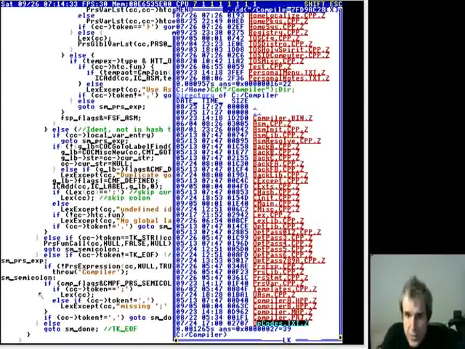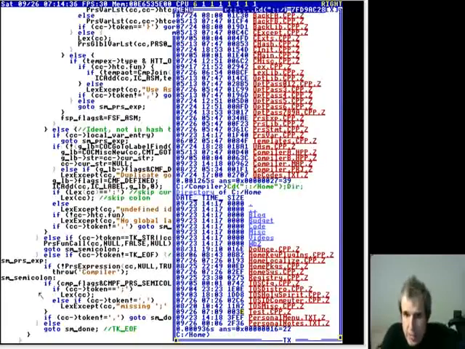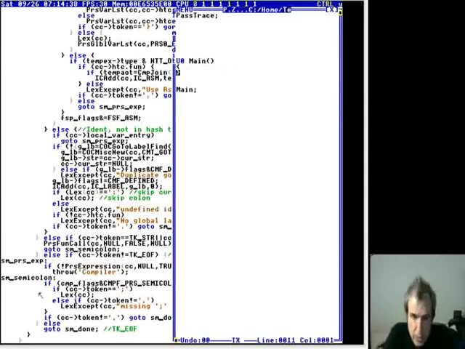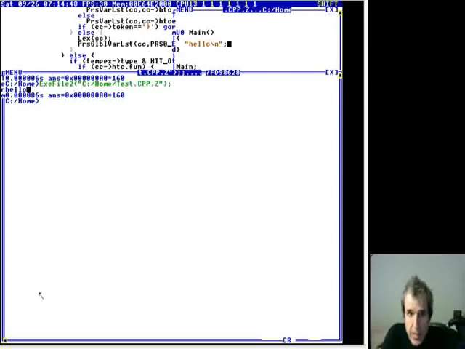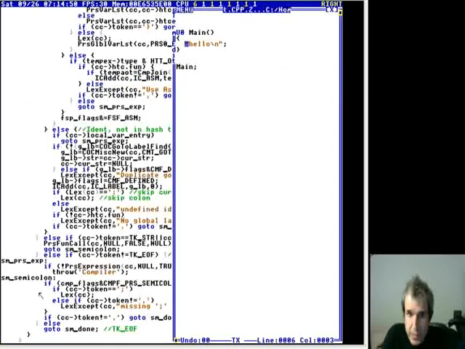In TempleOS, if it encounters a string by itself, so like hello world, how about hello? I'm going to hit F5, so it printed hello. So if it finds a string by itself at the start of a statement, so you know what a statement is, right? So for is a statement, if is a statement, an expression isn't a statement without a semicolon. Statements are separated by semicolons or commas. You can actually say comma. Anyway, so